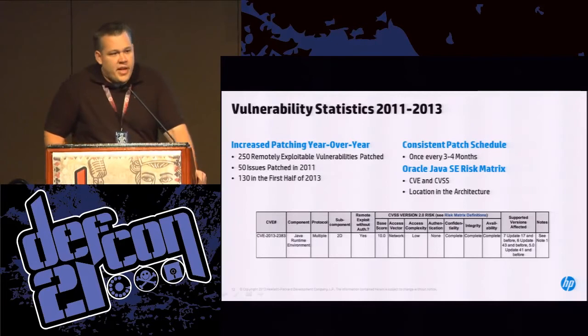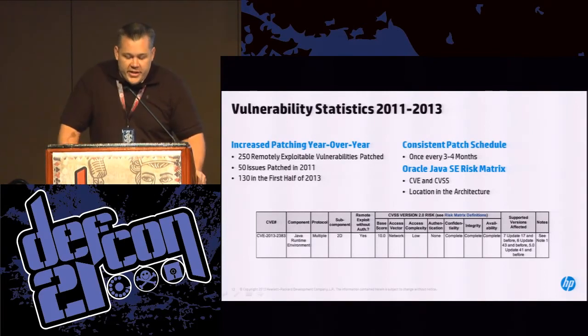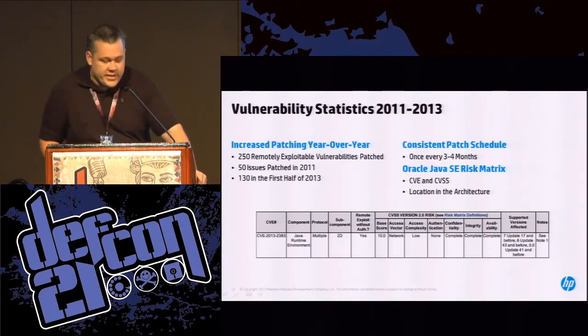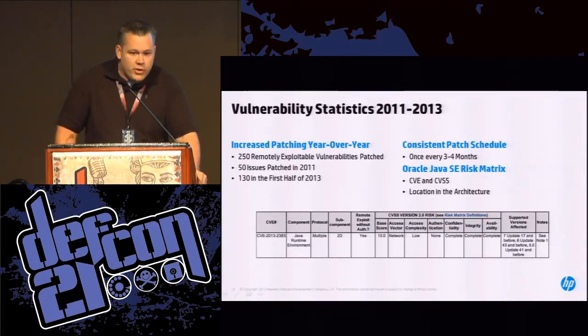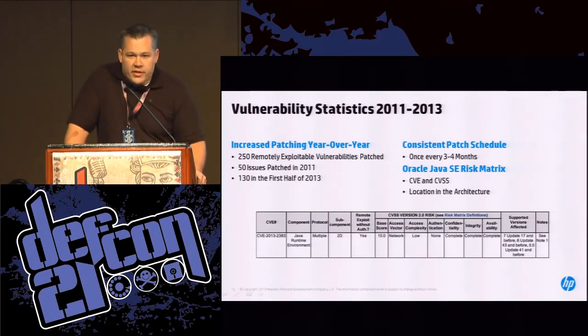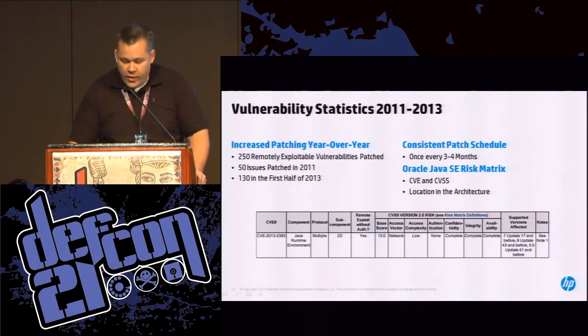And when they release a patch, they actually provide quite a bit of metadata. What you see on the screen is Java SE's risk matrix. It will tell application developers and people deploying the patches what they should know about the vulnerabilities themselves. What we see on the screen is a 2D component vulnerability. It is remotely exploitable without authentication. It garners a CVSS score of 10.0, which is the most severe vulnerability. So there's a lot of information there that we can look at and try to analyze to determine what the most vulnerable piece of the architecture is. The interesting thing about